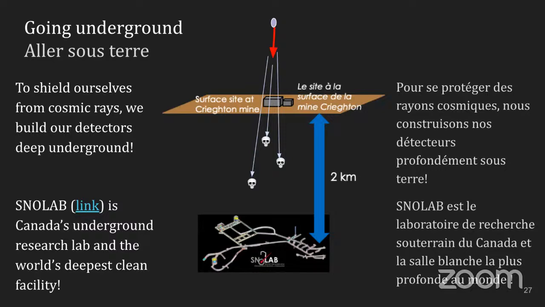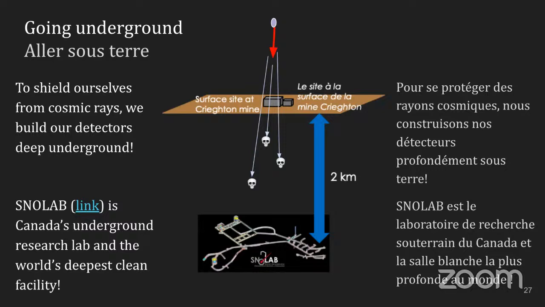Because it's located so deep underground, we get a lot of shielding from these particles, so we reduce the amount of muons that we expect to see in our detector by about a factor of 1 billion. So by going from here to underground at SNOLAB, we're really getting rid of quite a lot of the things that can cause interactions in our detectors,